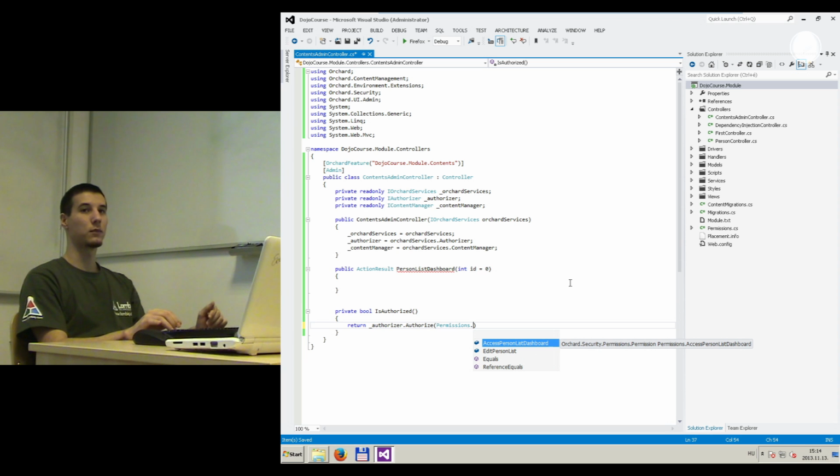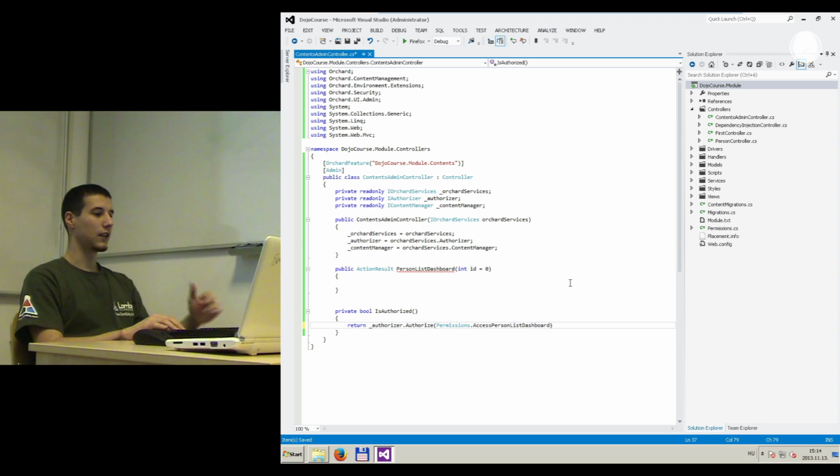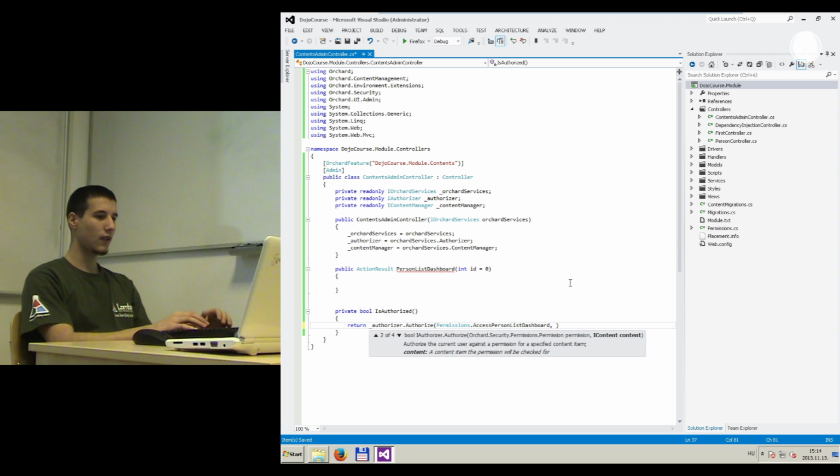You can see that the two permissions I have implemented before are accessible here. So now the isAuthorized is going to tell me if the current user is allowed to access the person list dashboard. And Orchard in the background will check the user. So we'll check basically the current user, and we'll check what kind of user roles that specific user is in, and then it's just going to check if this permission allows or doesn't allow access to the person list